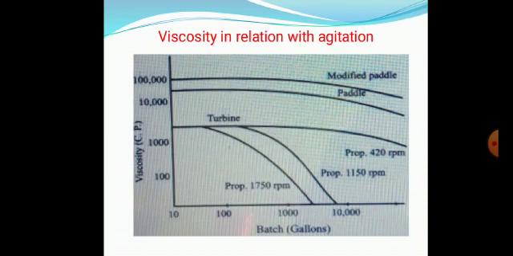will differ. You will be using paddle type, which is a type of impeller again. Paddle type, turbine type, or we will be using marine propellers. You can also see in the diagram that based on the viscosity and quantity of medium, even the RPM also changes. Sometimes we will be using 420 RPM. RPM means rotations per minute. Sometimes you will be using 1750 RPM. So as the viscosity changes, the RPM also changes. RPM here means the speed of the fermenters.